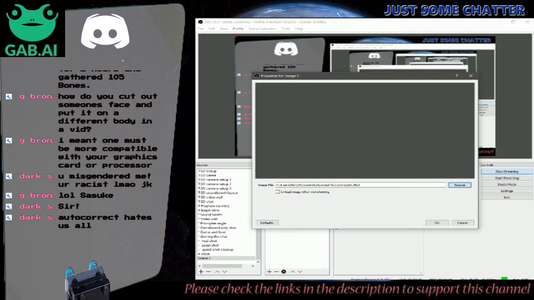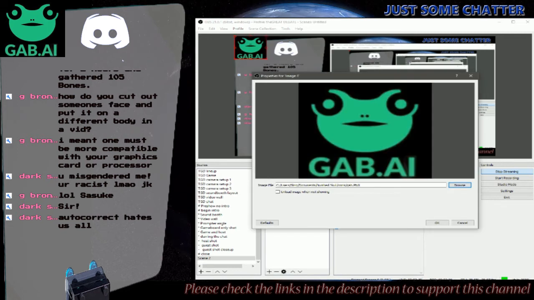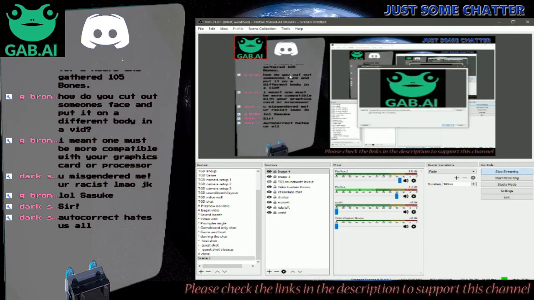Alright, so we'll put Gab there. You have this option to unload image when not showing. If you're running a computer like mine that freezes up at the load of a web page, you're not going to want this to unload. So I don't usually use it. I just leave it and it'll stay there, ready to load whenever you need it.